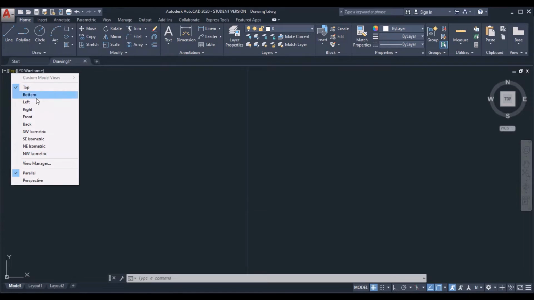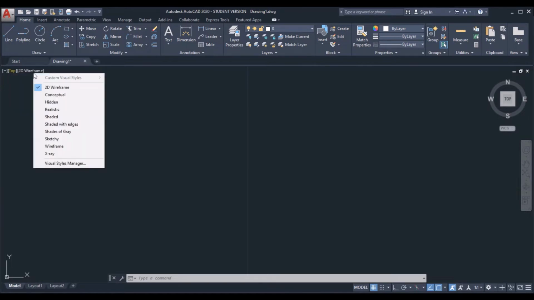The first 6 views are used for 2D and isometric drawings, and the remaining views are used for 3D drawings. Next, coming to 2D wireframe, that is a visual style. 2D wireframe is used for 2D drawings and isometric. The remaining visual styles like conceptual, hidden, realistic, shaded, sketchy, wireframe, and X-ray are used for 3D drawings.